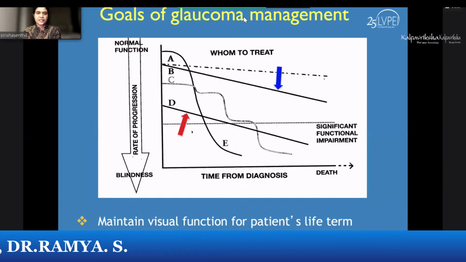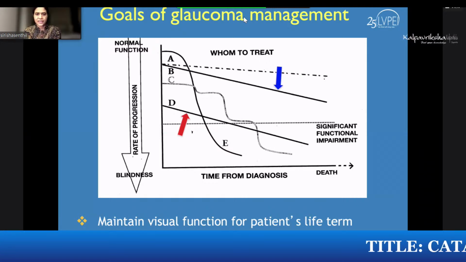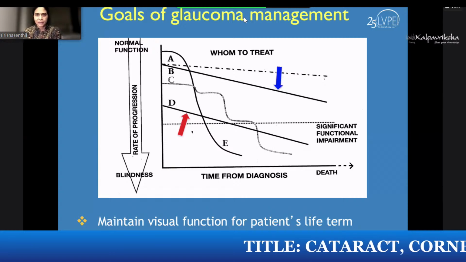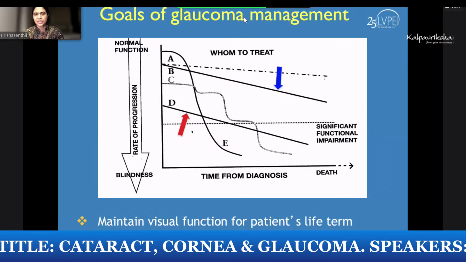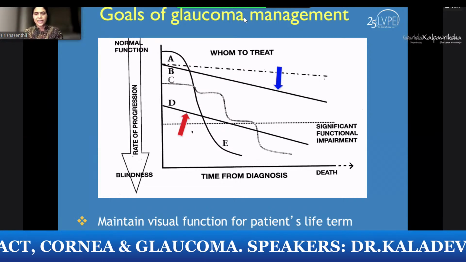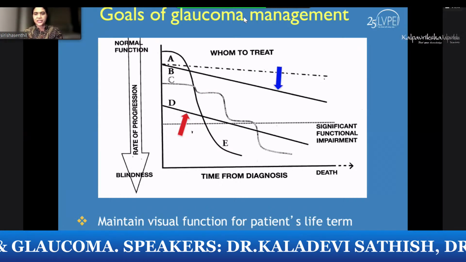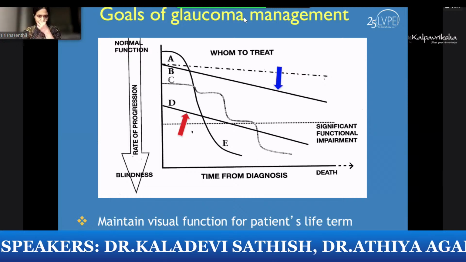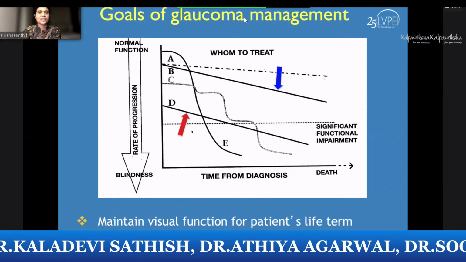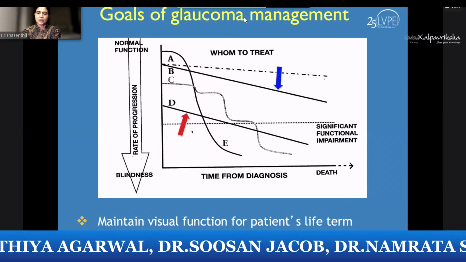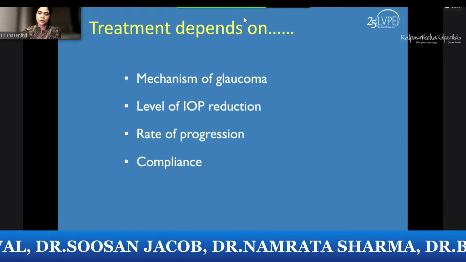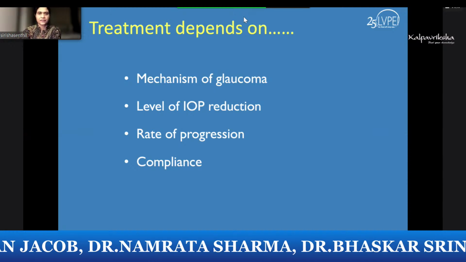What is very important is for us to understand that the goal of glaucoma management is to treat the disease in such a way that intraocular pressure or other parameters that we looked at, which is what Dr. Sushma also just alluded to, especially in patients with NTG, whatever we do, we have to make sure that the visual function of the patient is maintained for their lifetime. That means the patient doesn't go blind during their lifetime. Therapy definitely should not affect the patient's quality of life, or it should least affect the patient's quality of life.